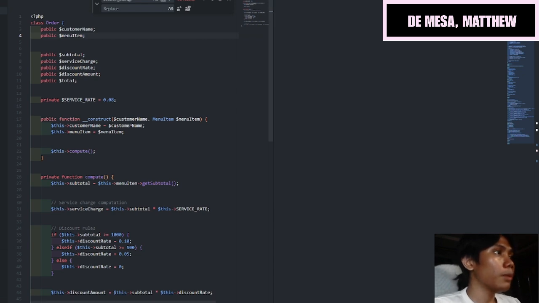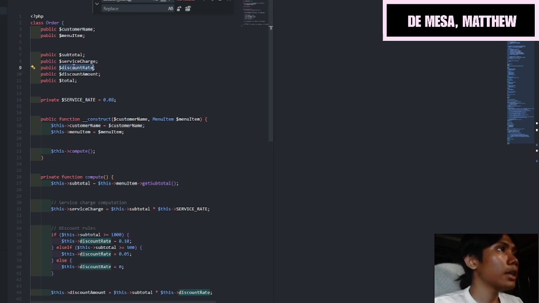We also have money-related variables: the subtotal, service charge, and so on. The subtotal is where we store the price of the food before anything is added. The next is the service charge, where we store the fee from the restaurant, which is 8%.